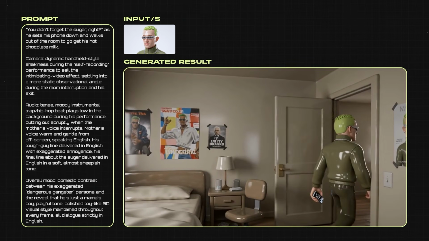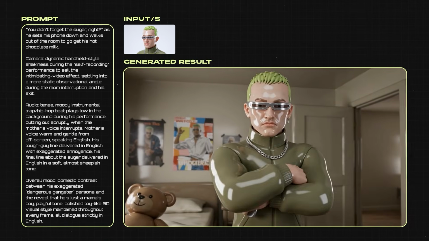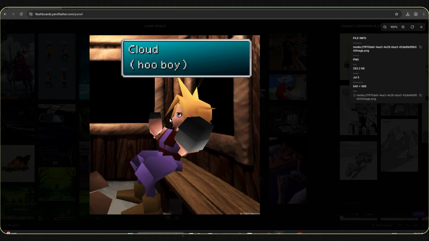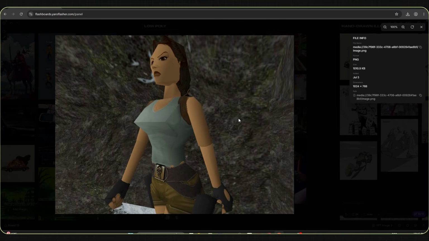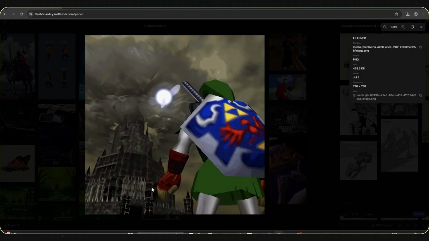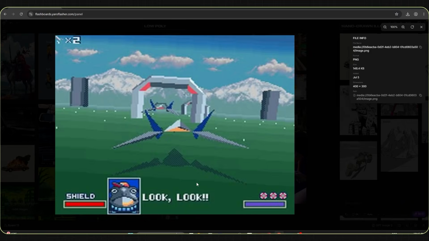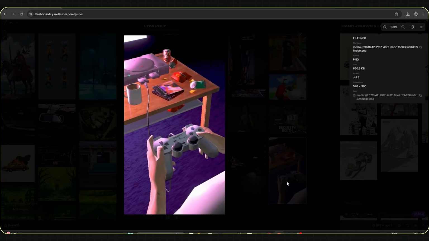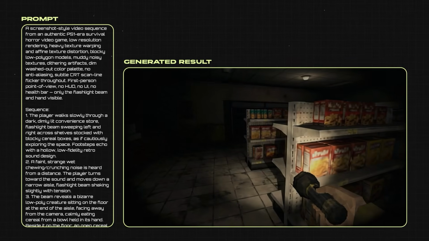Okay, a warm hot chocolate from mom is enough to make anyone lose their composure. Great result. Let's move on to the next one. This is without a doubt one of my favorite styles. The low poly aesthetic is very comfortable and nostalgic, as it was the main aesthetic of old games, which didn't have great texture capacity for the time. And since games are the first thing that comes to mind when we see this style, I'll use this prompt: